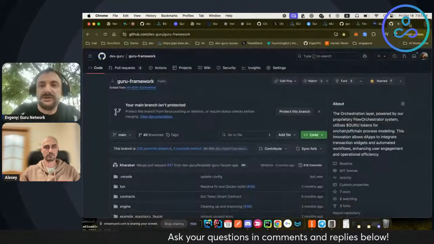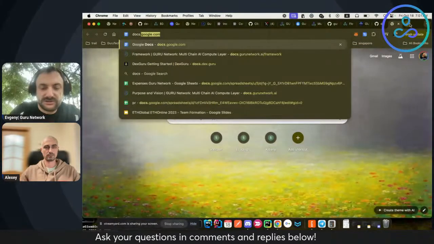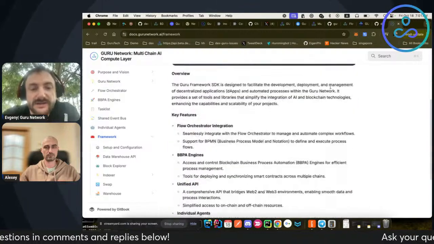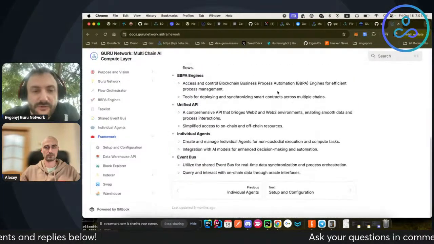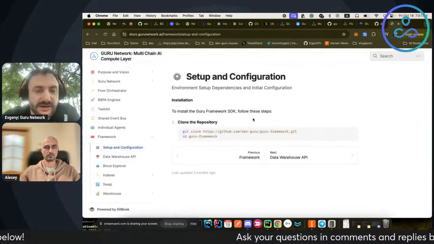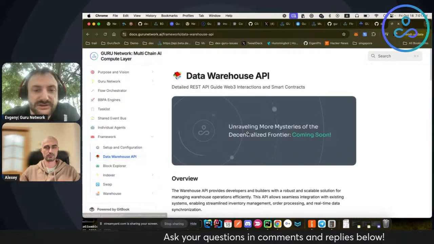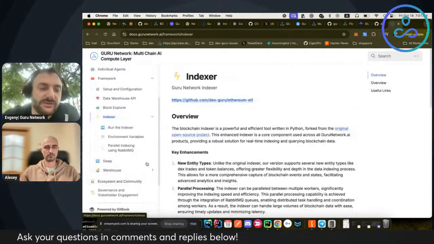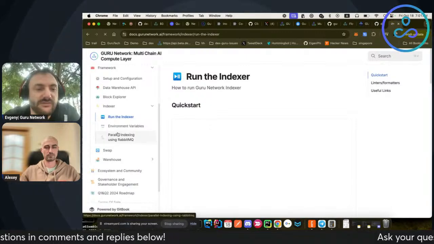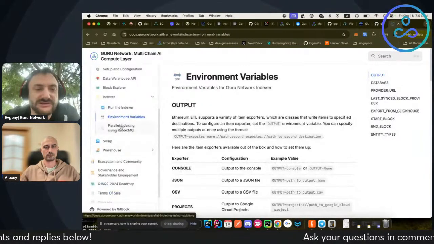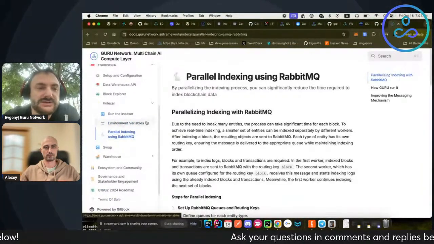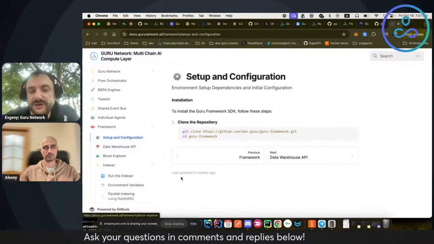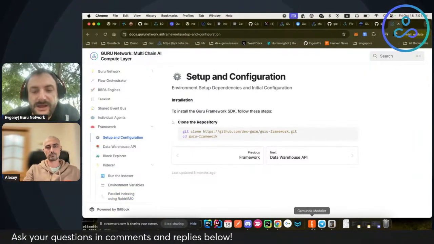Sorry, not this one. Docs Guru Network API framework, right? So for overall understanding, like what it is and how it works in the backend, there is documentation. And today we discussed with the team what else we need to add in this documentation over the weekend, so it would be much easier onboarding, and it would actually be aligned with